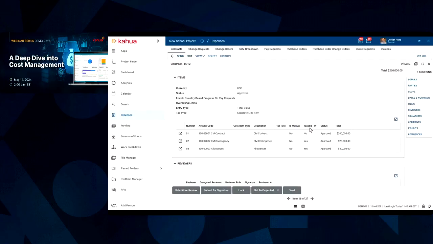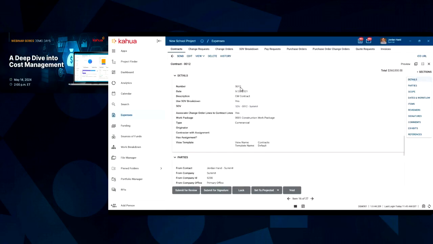So we've seen some of our city and school organizations commit contingencies into projects to streamline the change process, but then have a contingency use authorization type process or business process to control the usage of those contingencies. Kahua allows that, so you can write a contract with multiple lines here, in this case contract, contingency, and allowances, and then